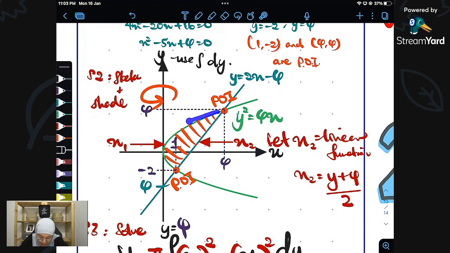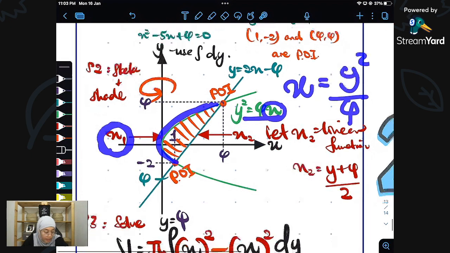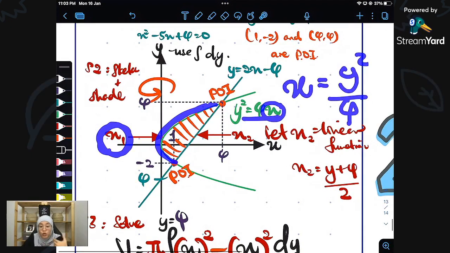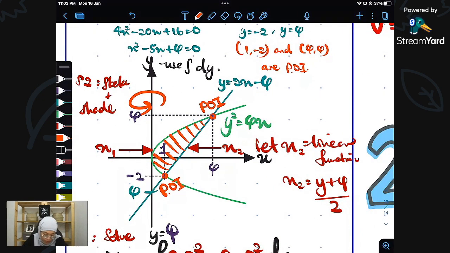Okay, and then yang warna hijau ni pula, I pilih dia sebagai x1. So my x1 here is my curve. Curve yang mana? Curve yang C shape ini. So I kena jadikan ini sebagai subject. I will get y squared over 4. So it is y squared over 4. I need to rearrange it. I use purple color. So I let my x1 is equals to this one. Okay, saya bulatkan. Saya jadikan ini sebagai subject. And then saya akan dapat